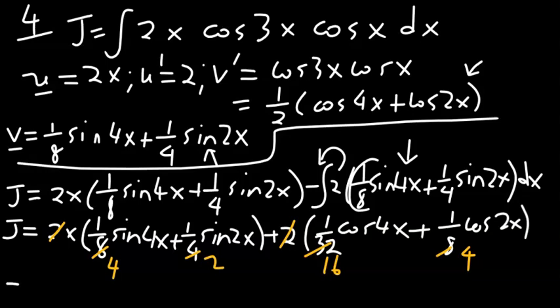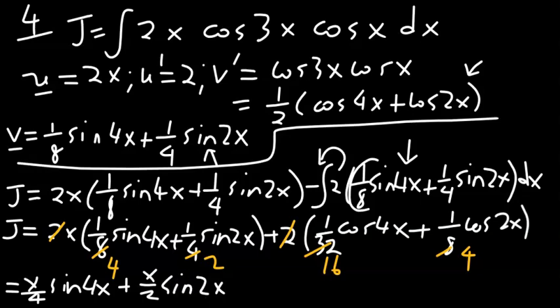So your final answer for J is x over 4 sine 4x plus x over 2 sine 2x plus 1 over 16 cosine 4x plus 1 over 4 cosine 2x plus an